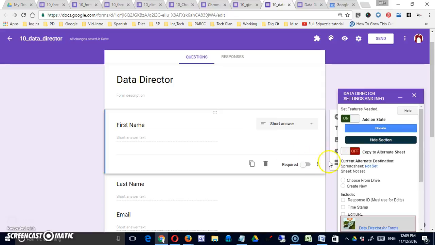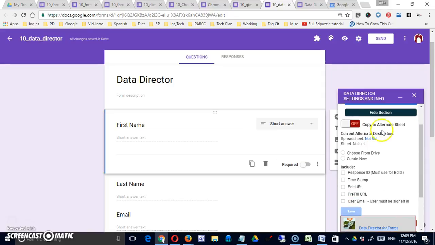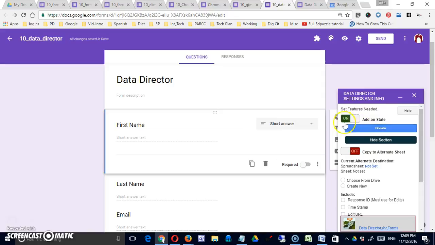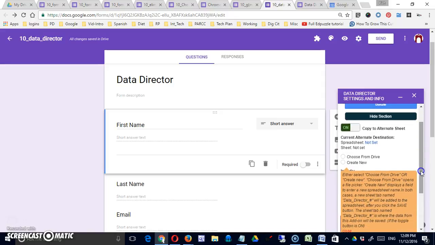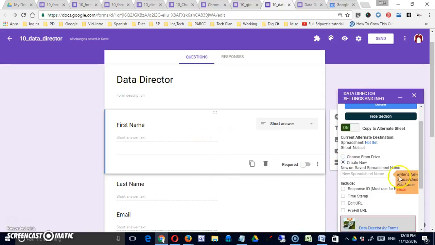Okay, first let's look at alternate destinations. With all of these different features, you have to turn them on. So even though the add-on is on, we have to turn on each section. Okay, and where do I want this? Basically, this is allowing me to submit this data into multiple places. So the form is going to submit it into one sheet, but I can actually create